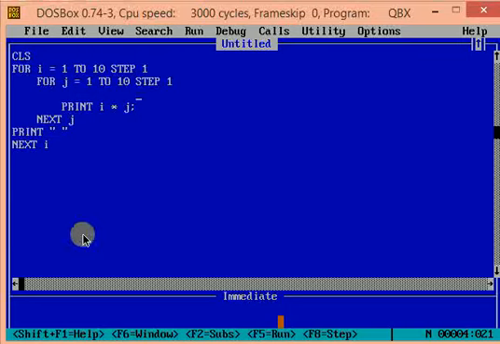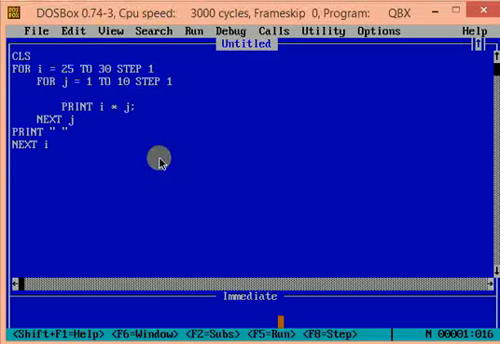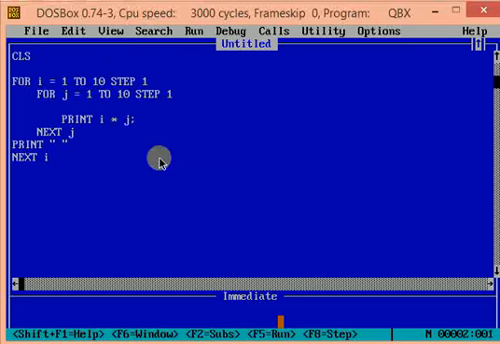This way we don't have to type much things and we can also change few things to give good results. Let's say I want to print the table from 25 to 30. I will just change I's value from 25 to 30 instead of 1 to 10. See? Let's take a look at few more small things. When we write I is equal to 1 to 10, 1 and 10 are really expressions. Therefore, you can write any expression that can be evaluated to give some value.